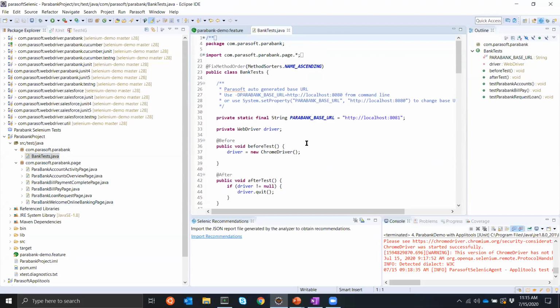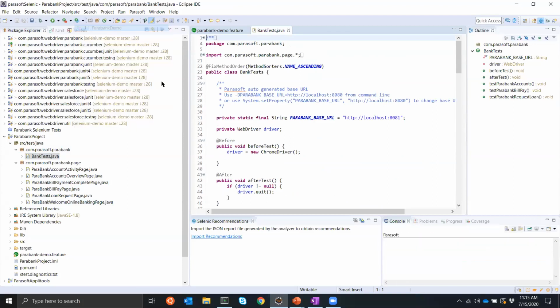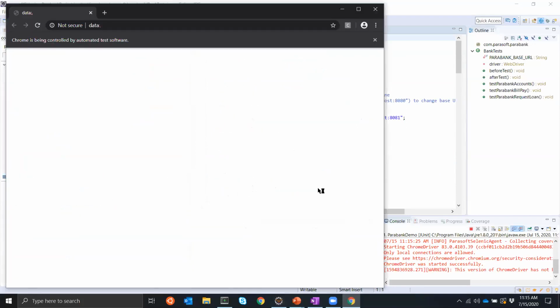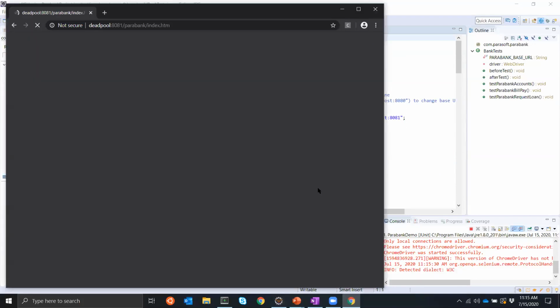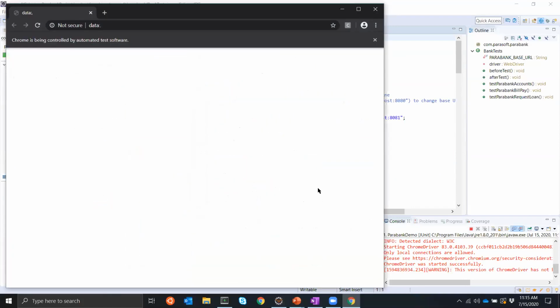For that reason, I do really like this test, and it makes me really frustrated when this test breaks due to application change. And so I'm going to show you a demonstration of that today. But before any of that happens, I want to go ahead and just execute the test and show you exactly what it's doing. So today I'm going to be testing this banking application, Parabank, and I'm going to be doing